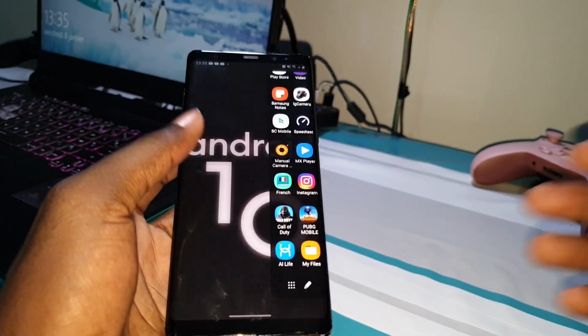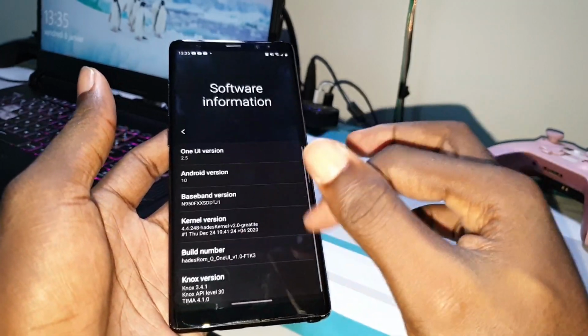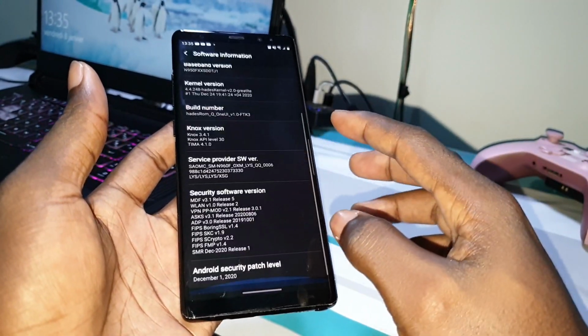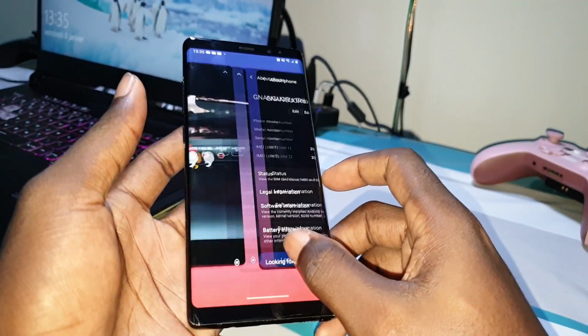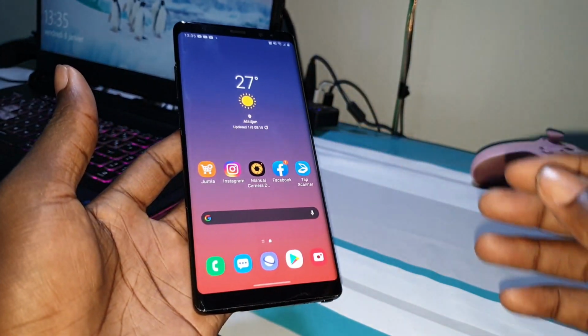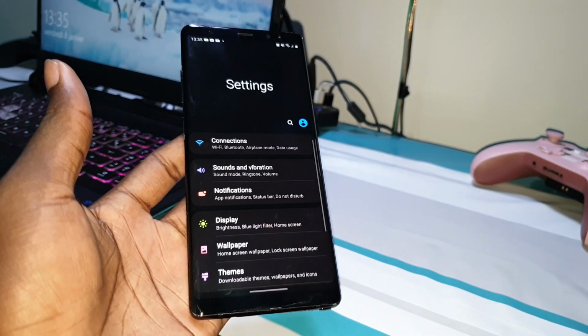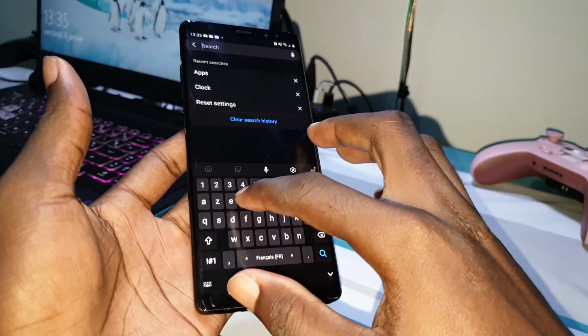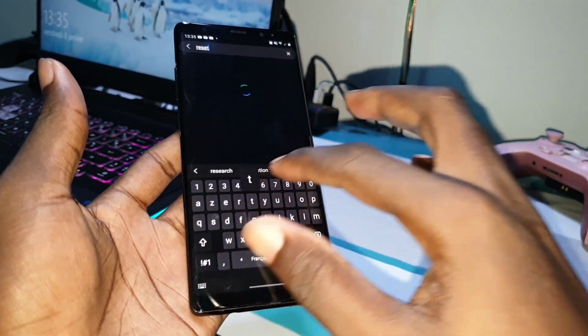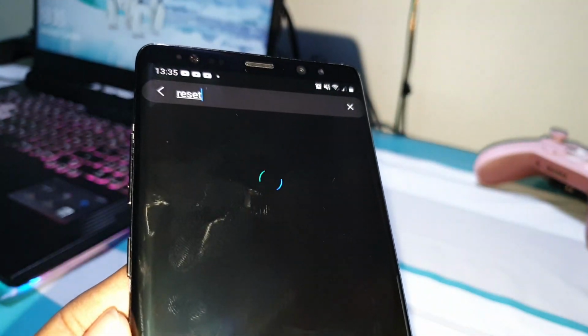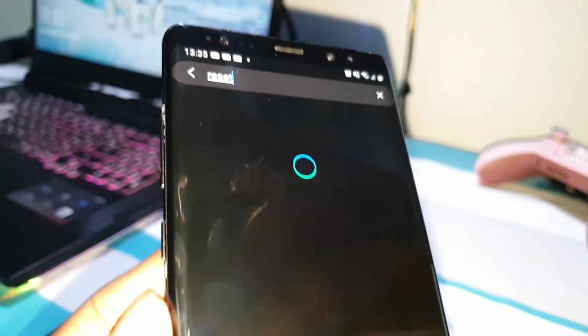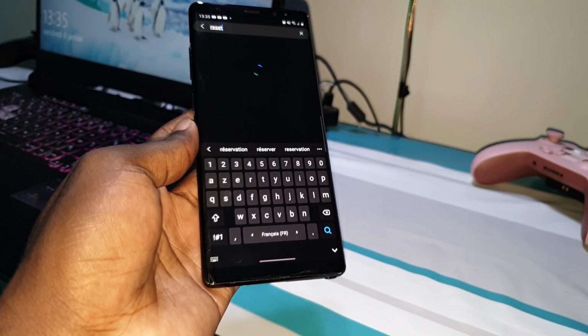Nice. Now go back and close all of this. Now follow me. If you want to reset this one, go into settings and search for reset.